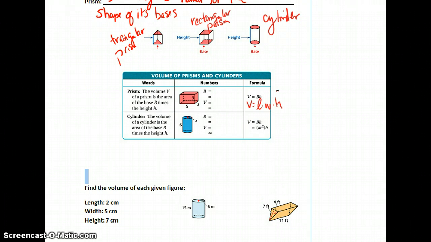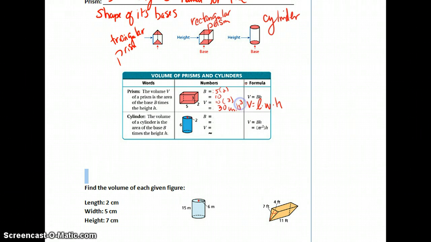Basically, what this formula is saying, when it's base times the height, is it's going to be the area of the base. So if we do 5 times 2, B stands for the area of it. So then the volume, if it's the base times the height, it's going to be 10. And we said the height was 3. So it's going to be 30